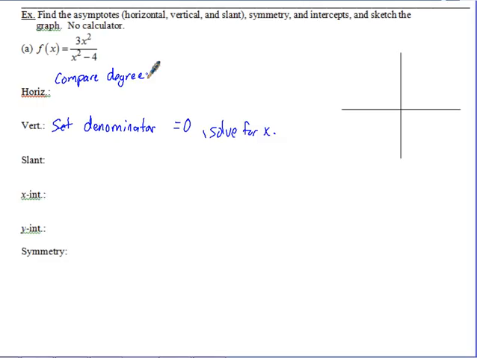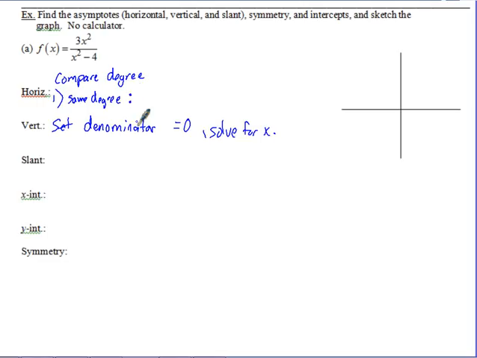And there's essentially three things that can happen, guys. What are the three things that can happen when you're looking at the degrees? One is either they're going to be the same. The other is the top's going to be bigger or the top's going to be smaller. That's pretty much the only three options, correct? All right, so the first thing is in the same degree, right? If they have the same degree,